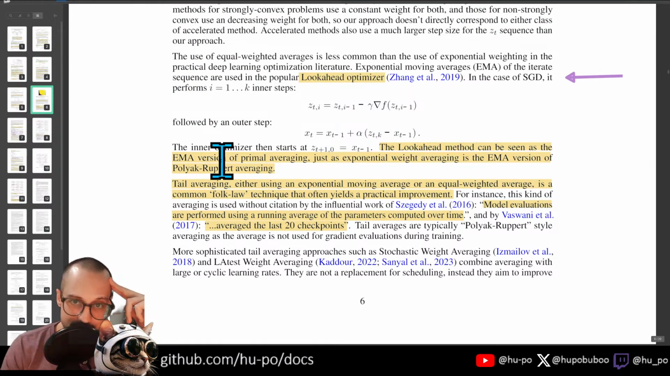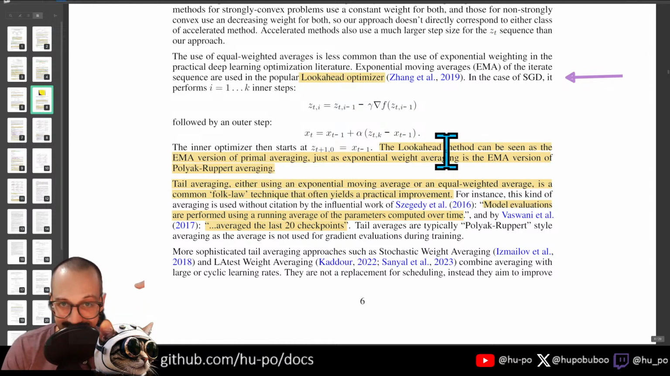The look-ahead method can be seen as an EMA version of primal averaging, just as exponential weight averaging is the EMA version of Polyak-Ruppert averaging. It's like 40 different types of averaging here. Tail averaging, either using an exponential moving average or an equally weighted average, is a common folklore technique that often yields practical improvements. And all of this averaging is used without citation by the influential work of